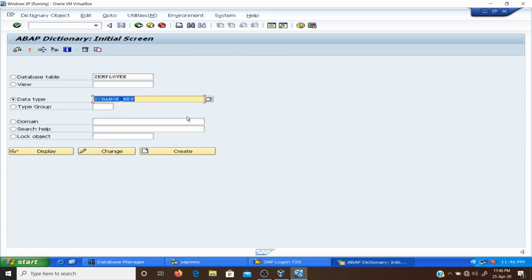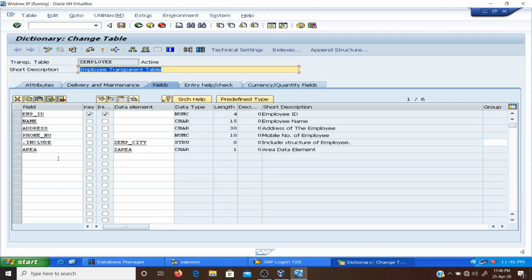We want to make this structure a component of the transparent table. So in our case, I am selecting the database table Z employee. Now click on the change button, and if you want to make it part of this table, we can use it here as an include structure.